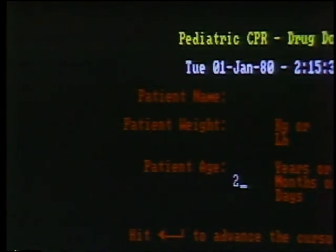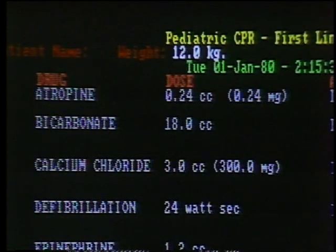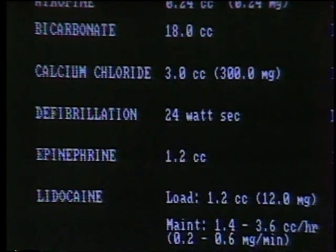And what happens if they get the dose wrong? Well, because of the small size of the child, any wrong dosage might create havoc in terms of treatment. Let's say we didn't even know what the weight was, but we guessed that the child was 24 months old, or we knew that the child was 24 months old. What the computer can then tell us is give us specific information about dosing for that weight or age of a child, and then again we can print that out and utilize that at the head of the bed